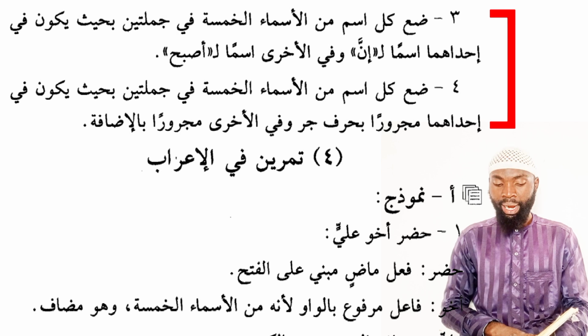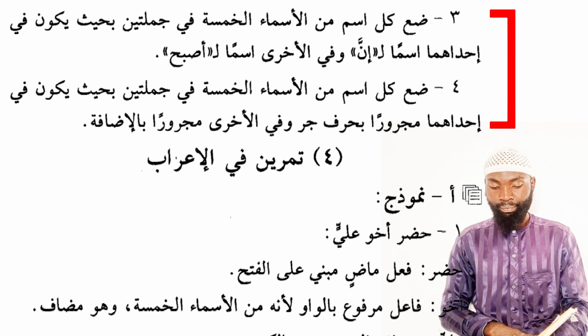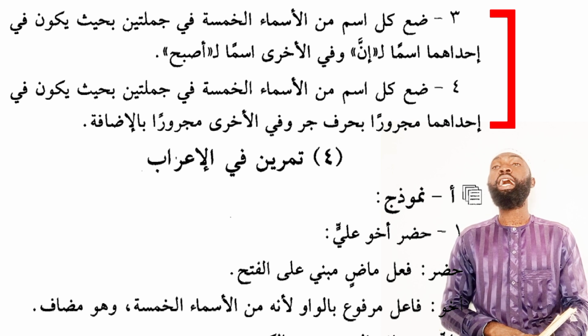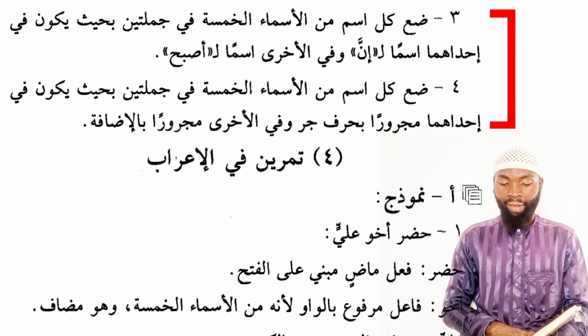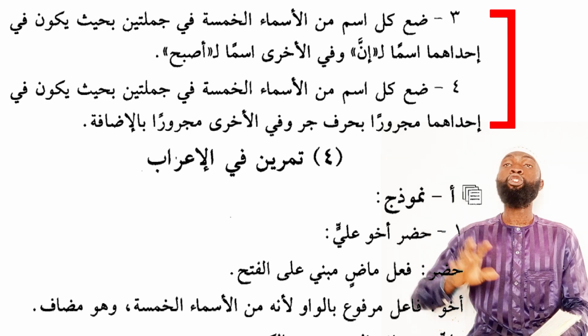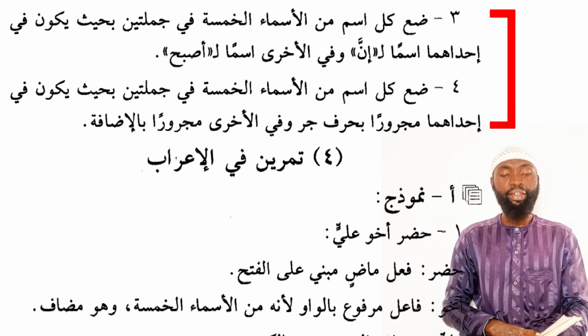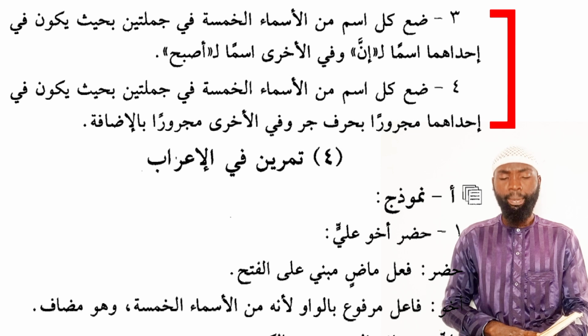Let's use the word Abba. I can say inna abaka muallimu. Your father is indeed a teacher. Second, I can say asbaha Abu Muhammadin maridun. Muhammad's father became sick. Number 4 we have ضع كل اسم من الأسماء الخمسة في جملتين. All of the 5 nouns you also use them to form 2 sentences each بحيث يكون إحداهما مجرورا بحرف جر,